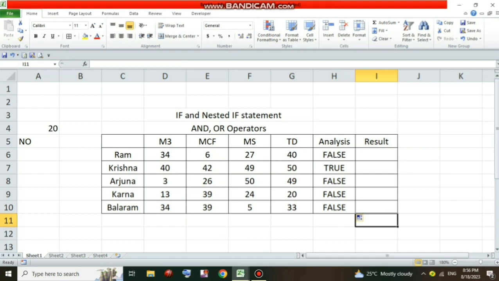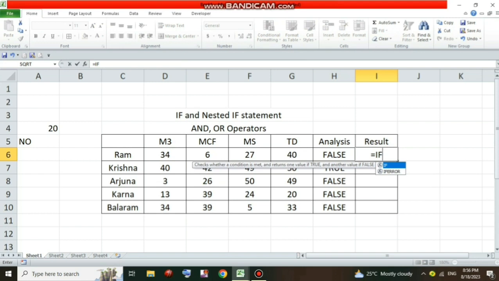Now let me determine a result, that is passed or failed, using the AND operator and the if operator. That is nothing but called a nested if. So let me first type equal to if, open the brackets, and then inside that let me create an AND statement, open the bracket. Again, this one is greater than or equal to 35, and this cell is greater than or equal to 35, and this cell is greater than or equal to 35, and G6 greater than or